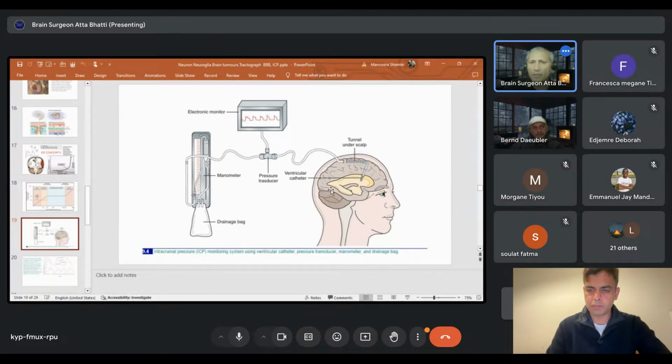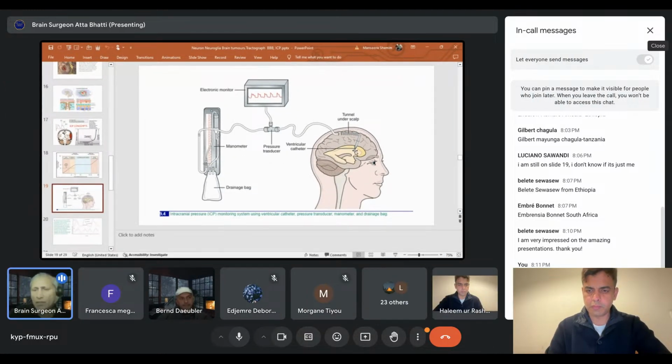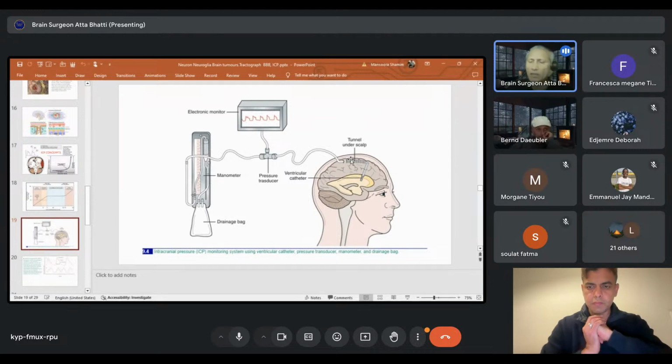So this catheter is placed either inside the ventricle or inside the brain through an operation, which can be done at the bedside in the emergency room or inside the operation room. This transducer is tunneled under the scalp, and part of that catheter comes out. It is connected with the pressure transducer connected to that machine, and the other side is on the manometer and drainage bag. So you keep this because we know that 5 to 15 centimeters of water